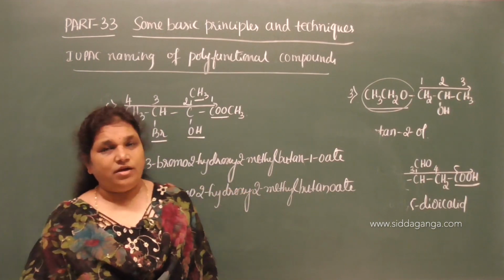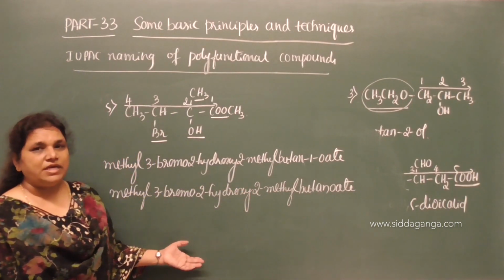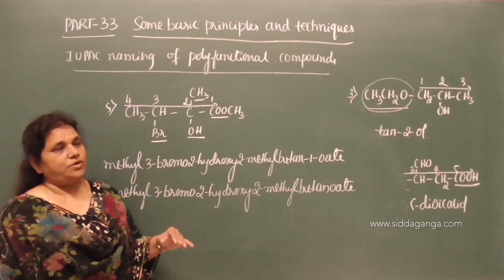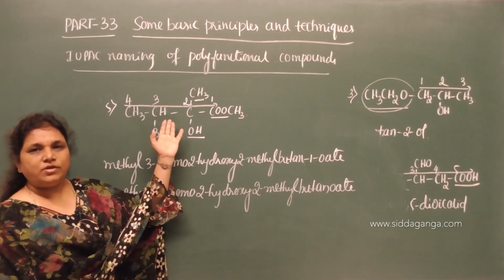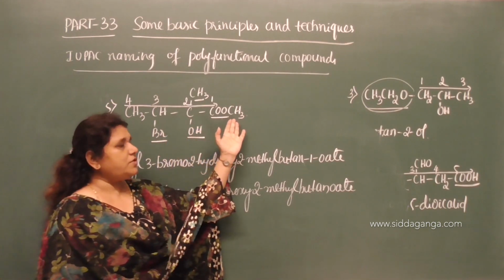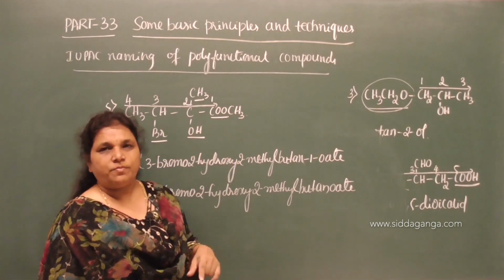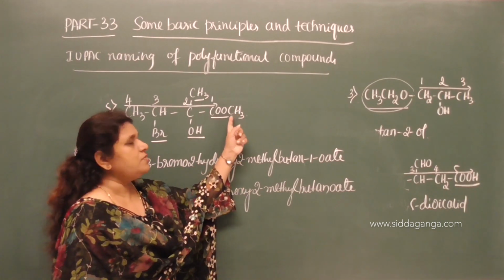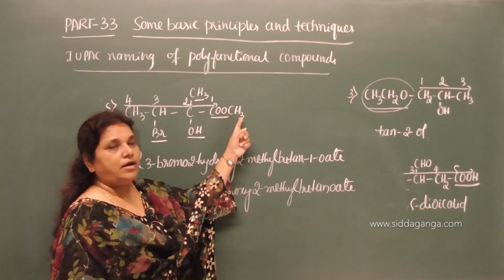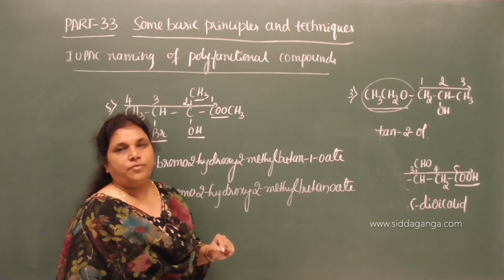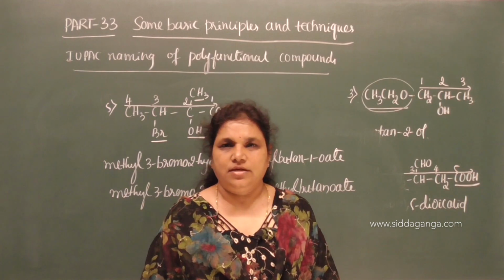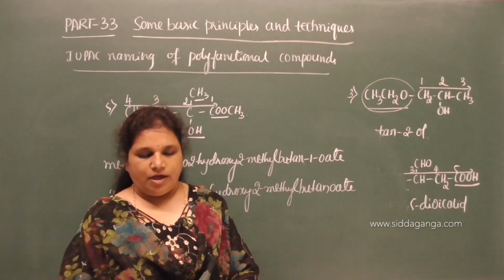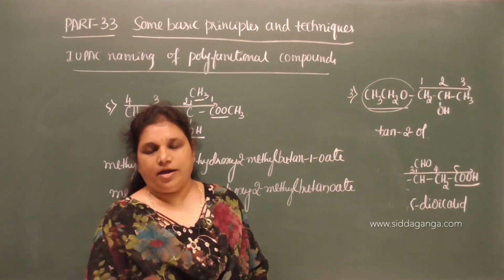What is substituted? Bromo, hydroxy, methyl substituted ester. So whenever a substituent group is there, you need to give the substituents. If a substituent group is there in an alkyl group also, you have to mention the substituent group, and here there is no substituent. So alkyl alkanoate is the IUPAC name of esters. Clear? So let us move on to the next category of naming, IUPAC naming of organic compounds.